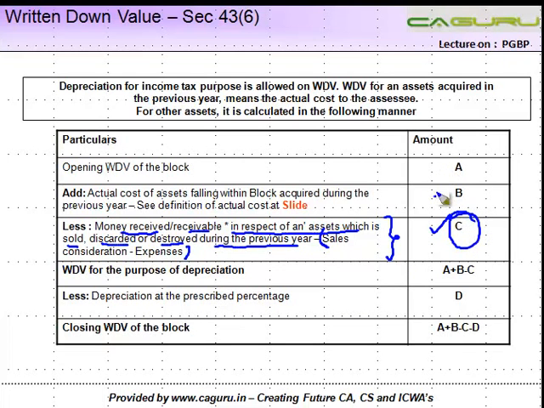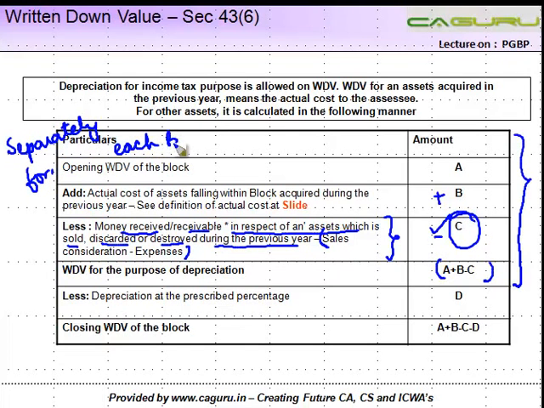Once you add the assets which you acquire to the opening WDV and reduce the money received on sale of the asset, or if you are discarding or destroying it, then what you get is the written down value for depreciation purposes. Each of these values has to be computed separately for each block of asset, right?